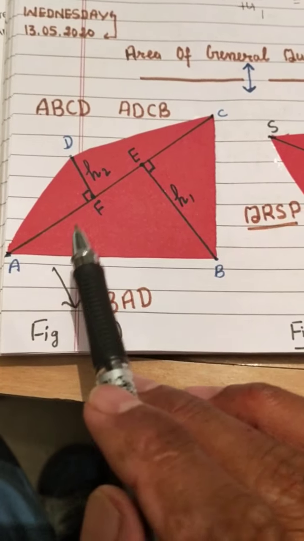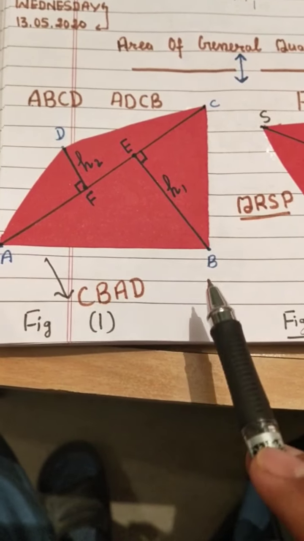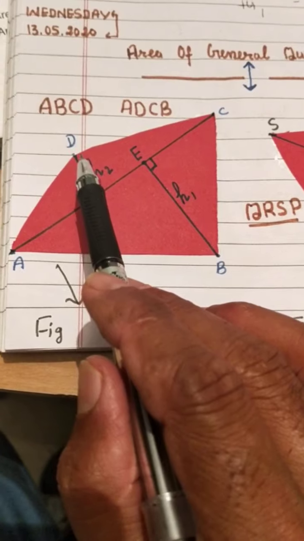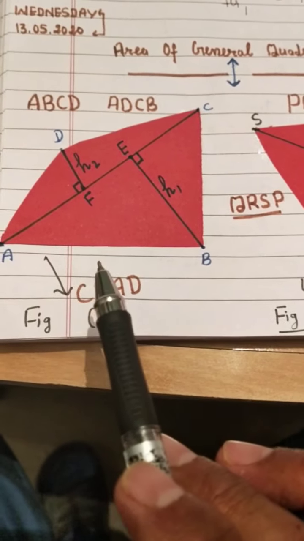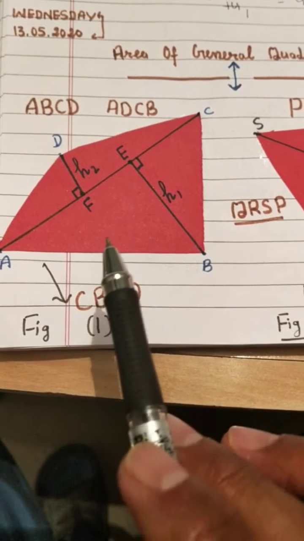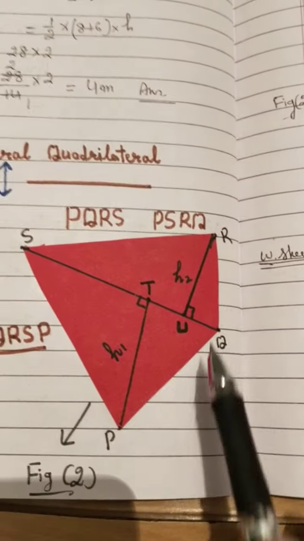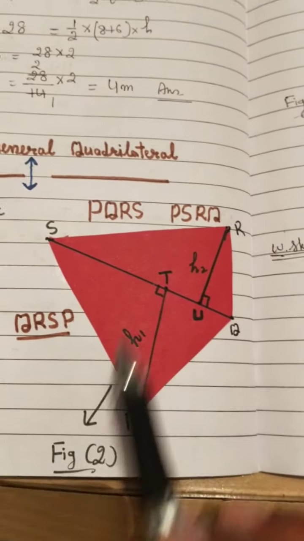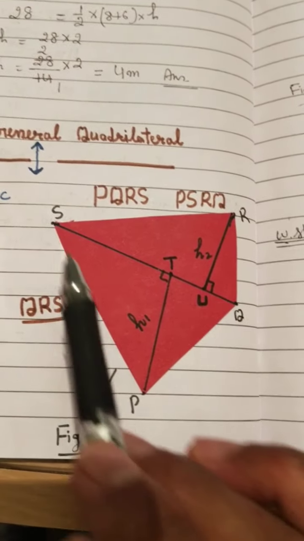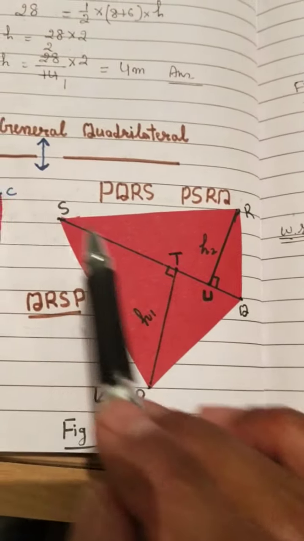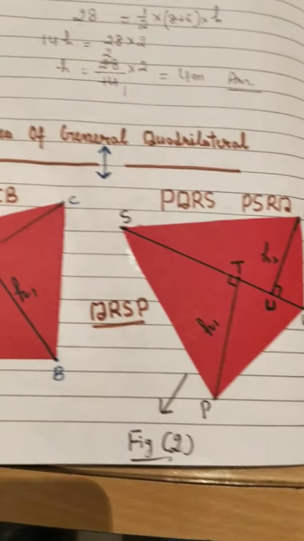So in a quadrilateral there are two diagonals. One is AC, the other one is BD. If you join BD, this is also called your diagonal. So in a general quadrilateral there will be two diagonals, either your quadrilateral is ABCD, or second PQRS. Again in PQRS, one is your PR and the second one is your QS. A line segment joining two non-consecutive vertices is called a diagonal.